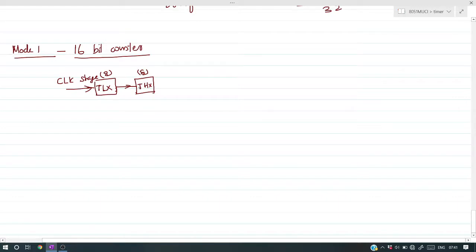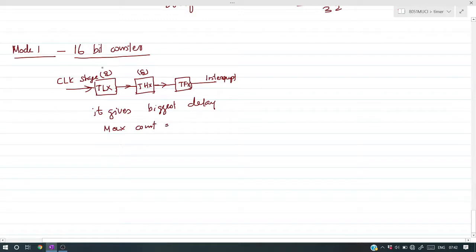Whenever both these registers overflow, it will send what? An overflow flag, TFX. Whenever TFX becomes 1, it will interrupt the main program, or the processor in general. So mode 1 gives the biggest delay. It gives the biggest delay. So the maximum count is,